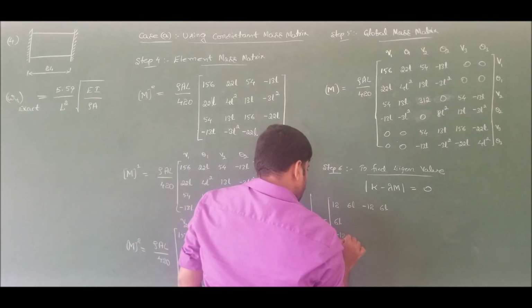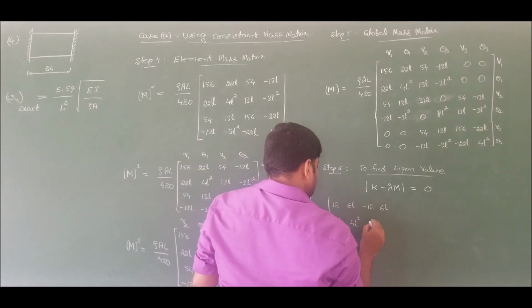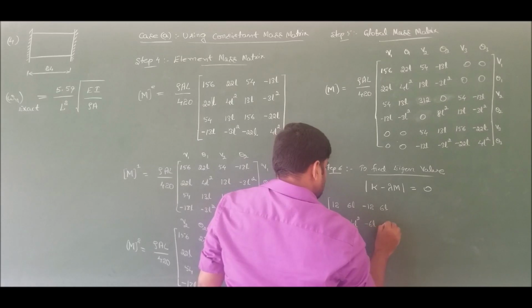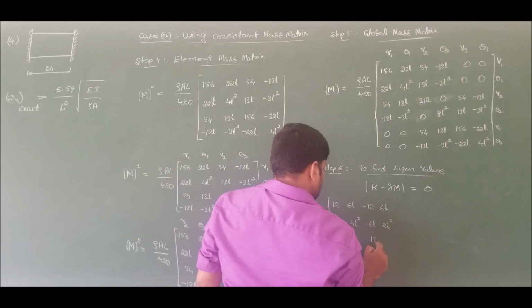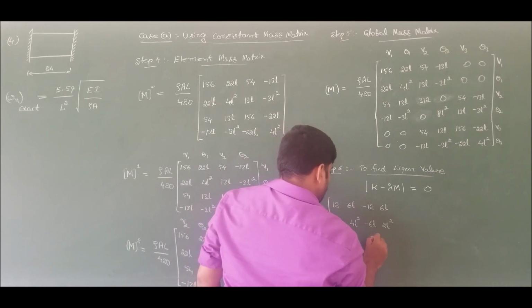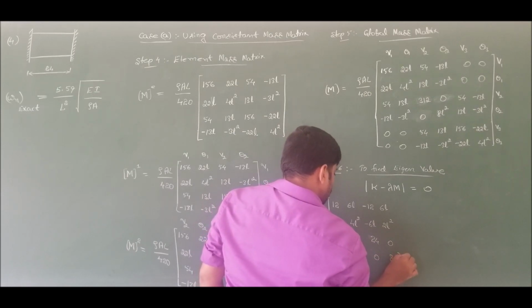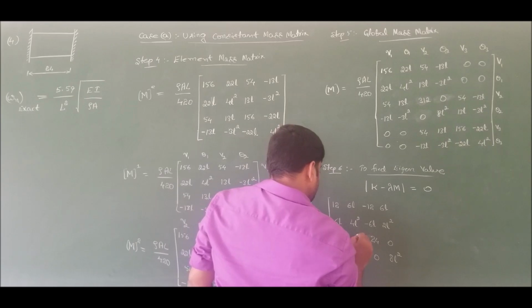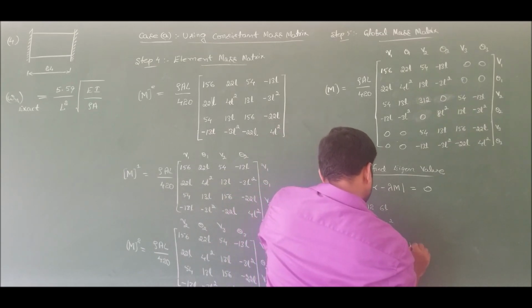6L minus 12, 6L. And we have 4L square minus 6L, 2L square plus 12. So 12 plus 12 is 24, 0, 0, 8L square. So here we get minus 6L and 2L square. So completing the global stiffness matrix, I will end up with 6L minus 6L, 2L square